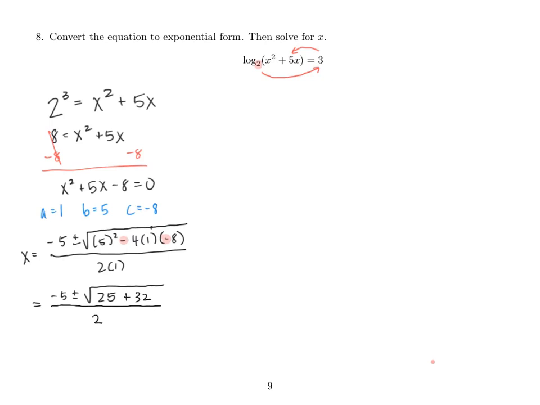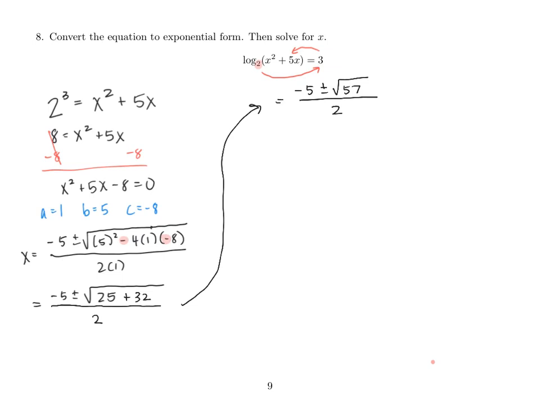All right, so now we're going to simplify the radical. So we'll have negative 5 plus or minus the square root of, it looks like 57, all over 2. Okay, so let's see if we can reduce the 57. So 57 divided by 3 is 19, but 3 and 19 are both prime. So this is not going to be able to be reduced. So let's make sure both of